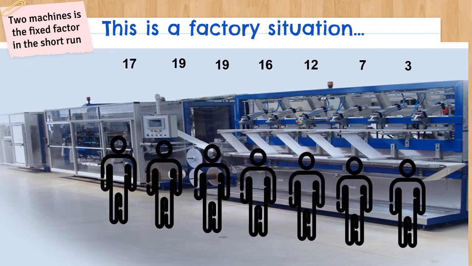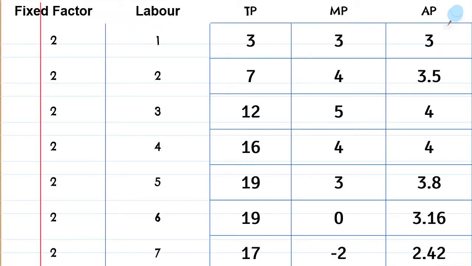So it is seen that the total product, all the data that we collected in our example, is put in a tabular form. So you see we have the fixed factor in the first column, which remains constant throughout, that is the two machines that we considered. And then in the second column, you have the number of unskilled laborers, which is our variable factor in this example. We see that the factor proportion between the fixed and variable factors goes on changing. Let us see what happens.